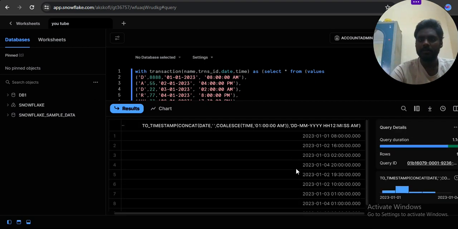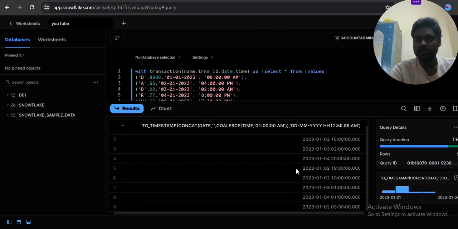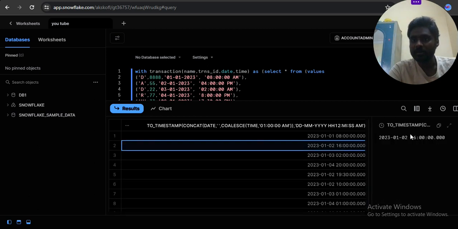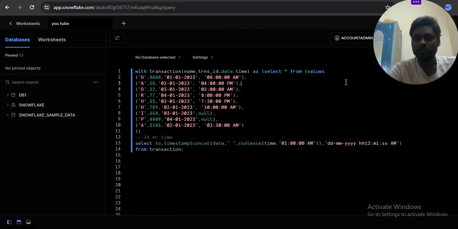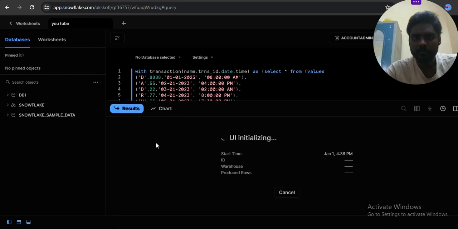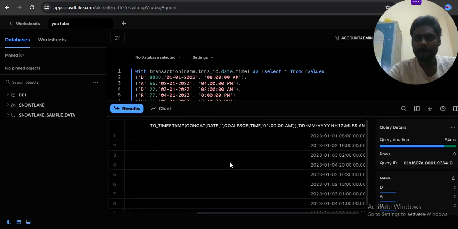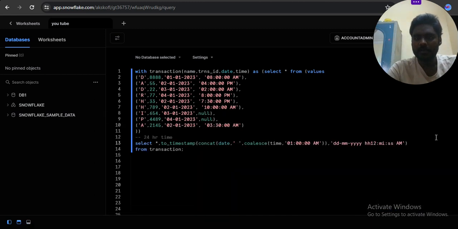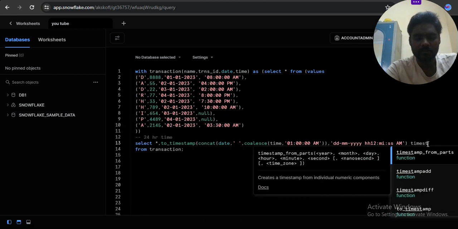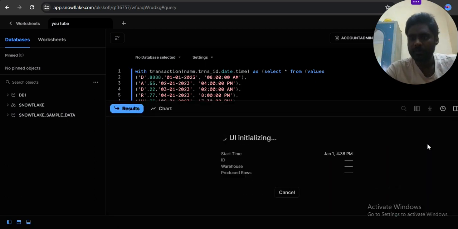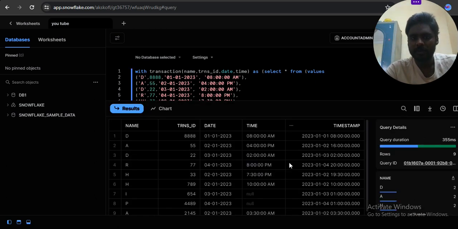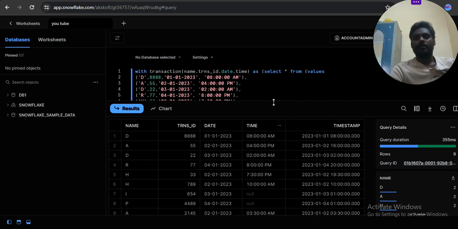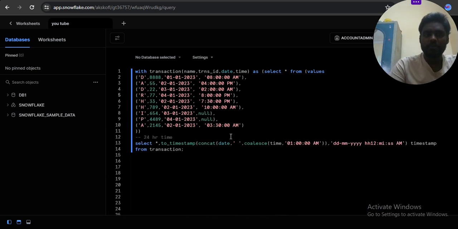Now it is getting good data, the time is in the format of timestamp, and it is in the format of HH24. Very good. I want to give the alias timestamp. So here what the question is,